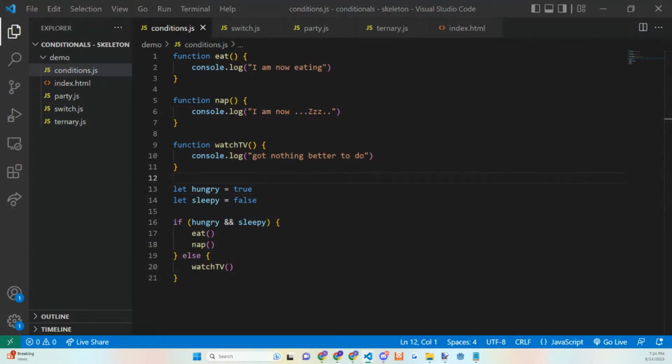Let's get some answers in chat. What happens if hungry is true and sleepy is false? And what happens if sleepy is true and hungry is false? Which block of code would be run here? What do we think?